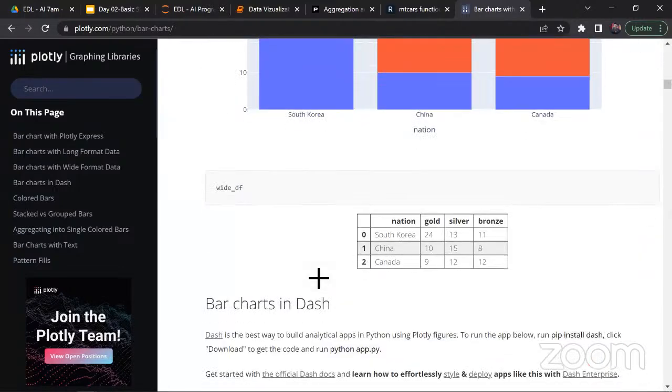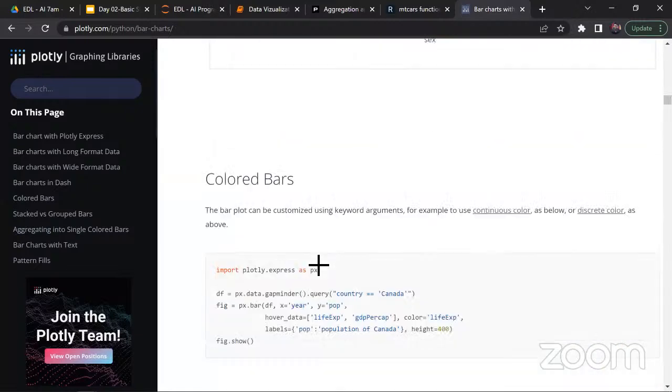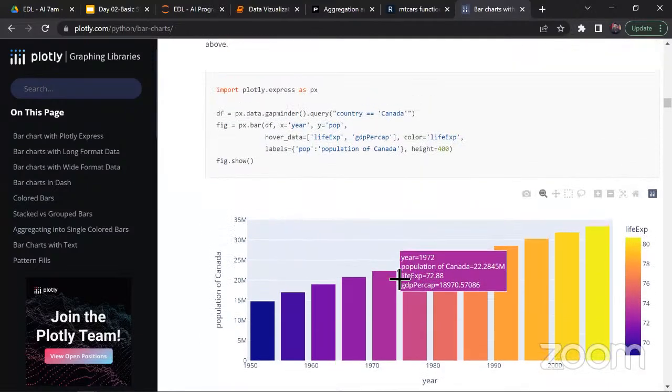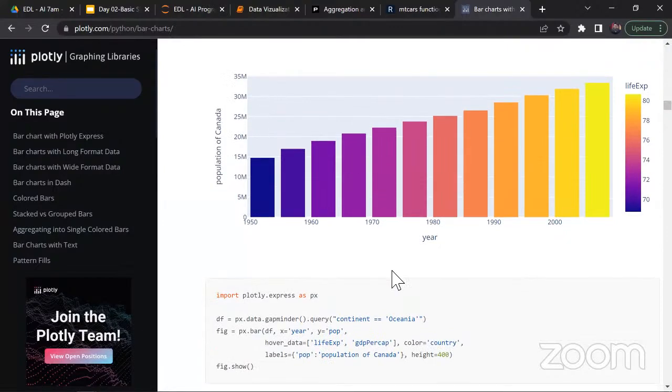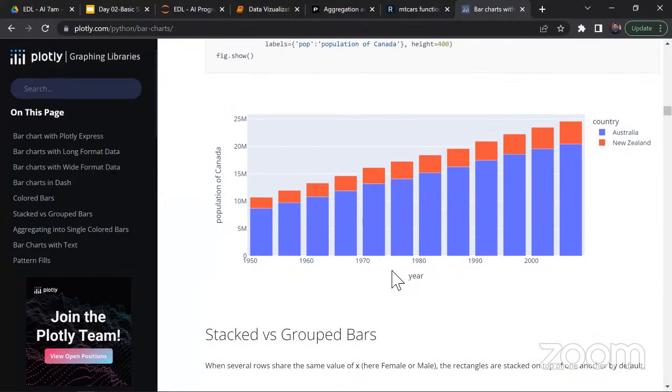Now let's say this is a stacked bar chart, and this is another one, a side-by-side chart. See, this is a colored one. So in this way, you can also copy this. The point is, after learning it,